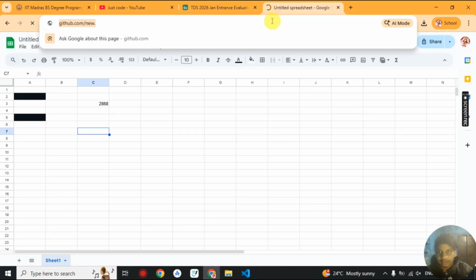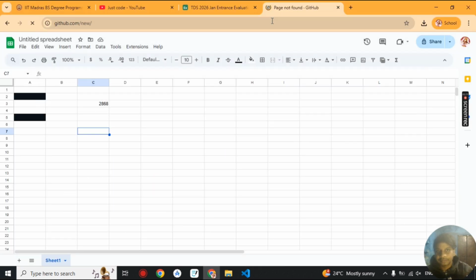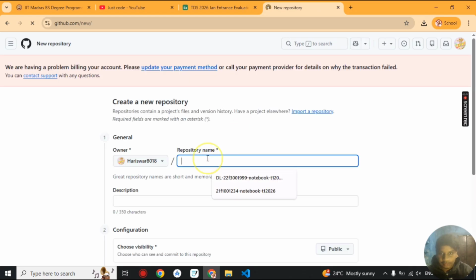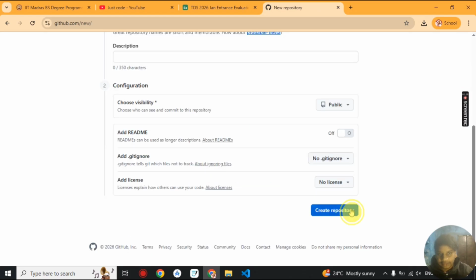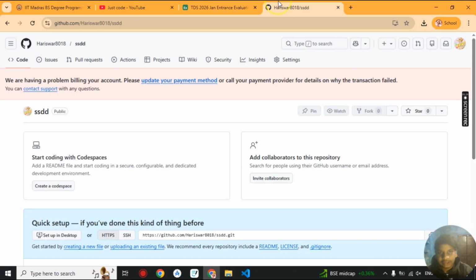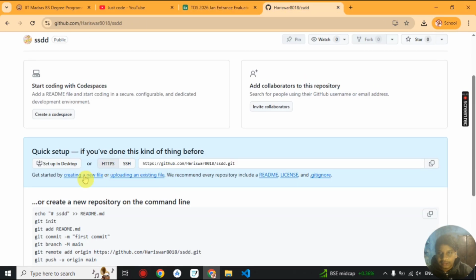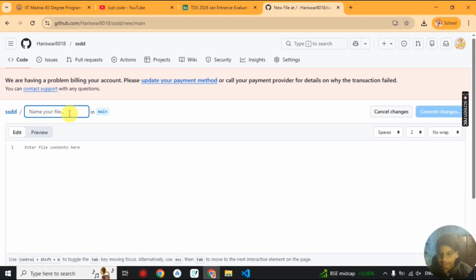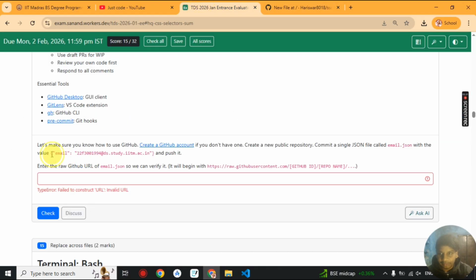And now for our GitHub, we have to create a new repository using github.com/new, and here we just name it anything, and we create a new repository. It will create one. Then we have to create a new file here named email.json. If you go back, there is an option to create a new file, where we click it. The new file name is email.json, and here we have to paste our email